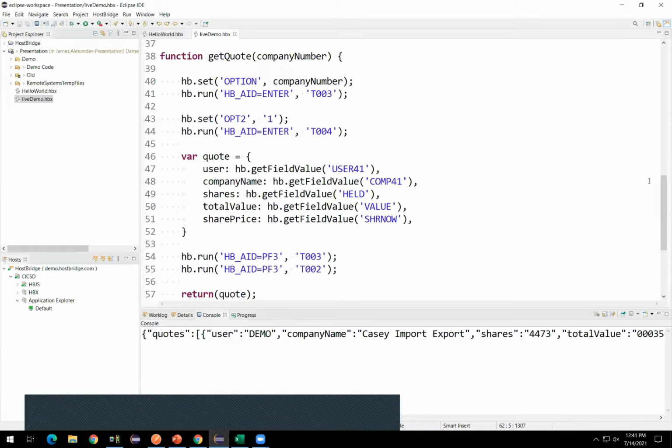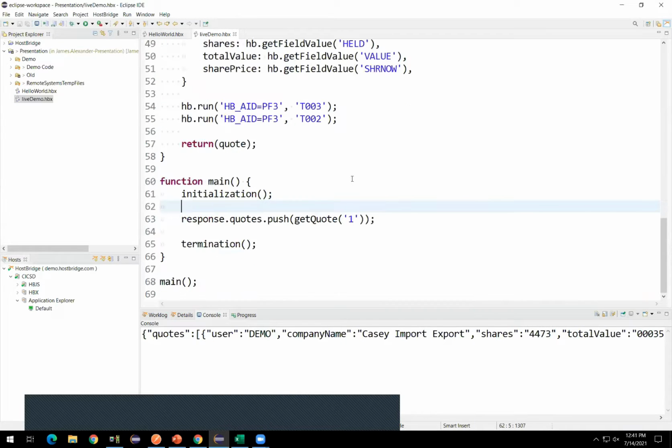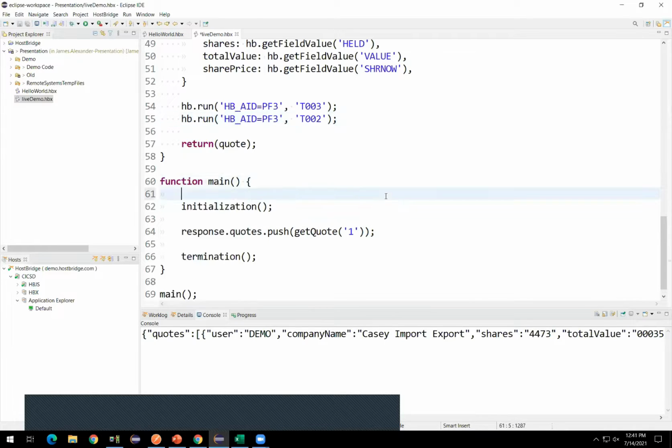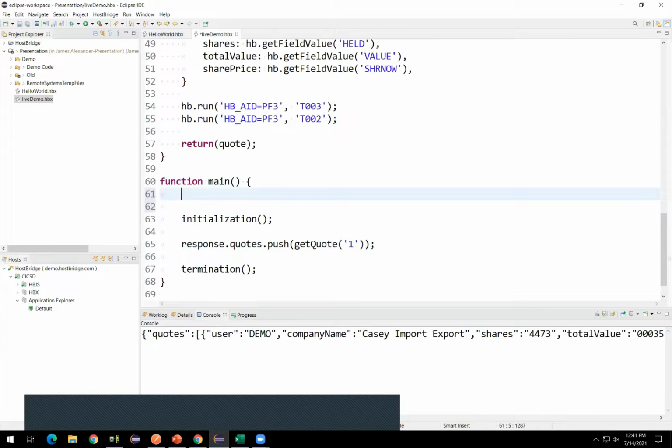What else do we need to do here? We should probably put some protection in here. So if things go wrong, if I should get an error someplace in my code, or let's say I end up on a wrong screen, that I still return valid output. So I'm going to wrapper this whole area in a try catch, because I want this to be a production ready